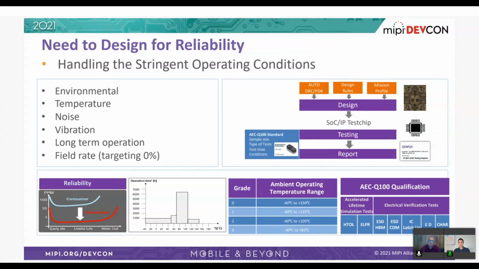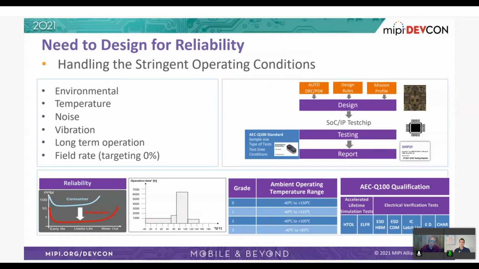And the temperature will effectively guide the design rules and the tech files that you bring in at the design phase. Just to elaborate on the dependency between temperature and the technology, at higher temperatures, you have higher current densities, and that will affect the electromigration specs of the technology. So the design rules need to accommodate that as well. You take care of that at the design stage.